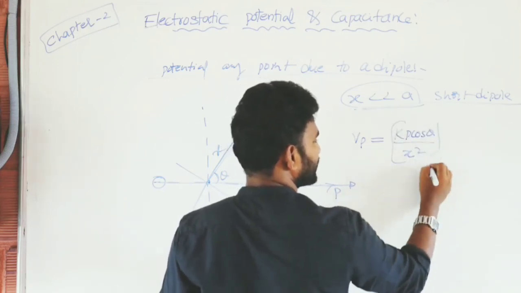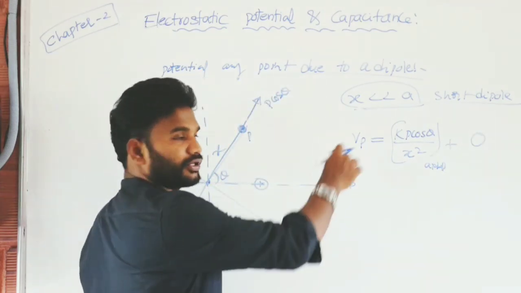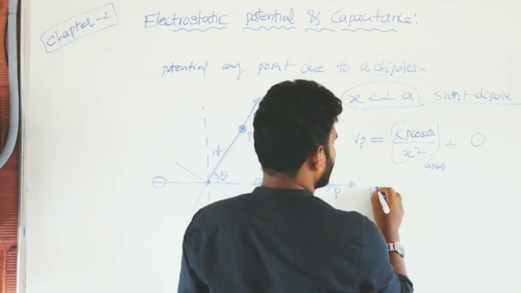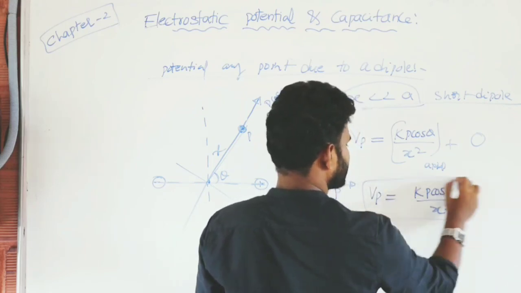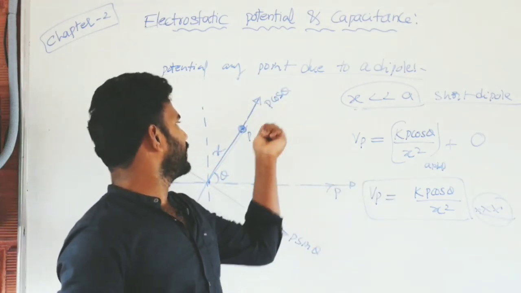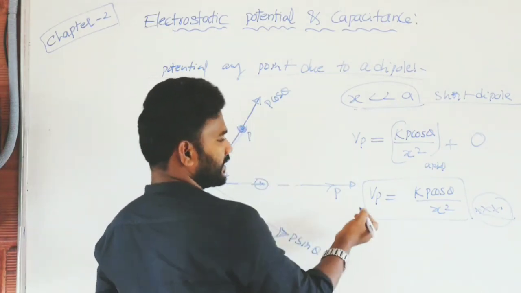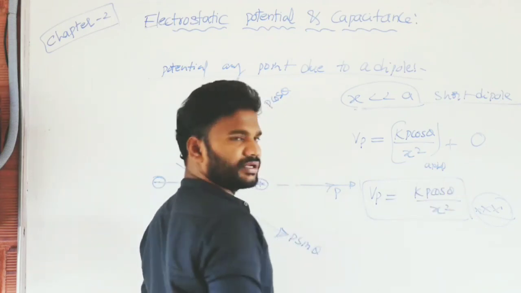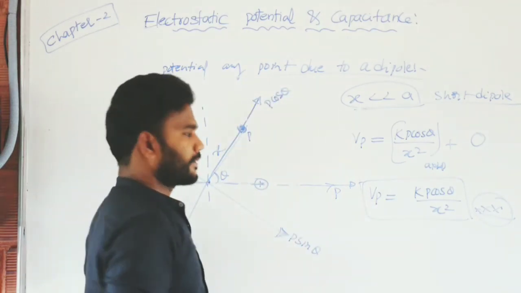This is the axial part plus the equatorial part, which is 0. On the equatorial plane, the potential is 0, we already know. So finally we get Vp is equal to Kp cos theta by x square. This is a very important formula. At any point P which is at distance x, the formula is Kp cos theta by x square. Try to understand, Kp cos theta by x square is the formula. So what is Vp here? Potential at point P, at any point. Condition is